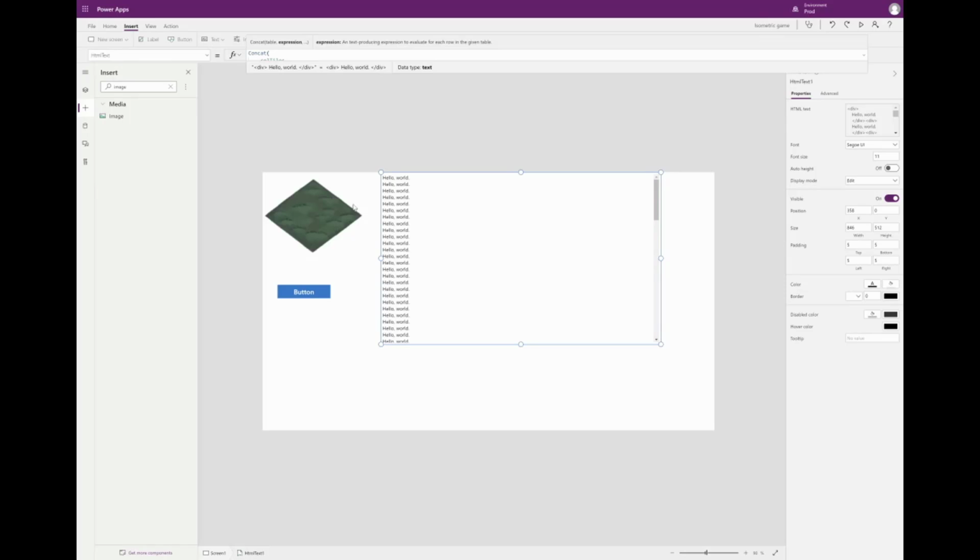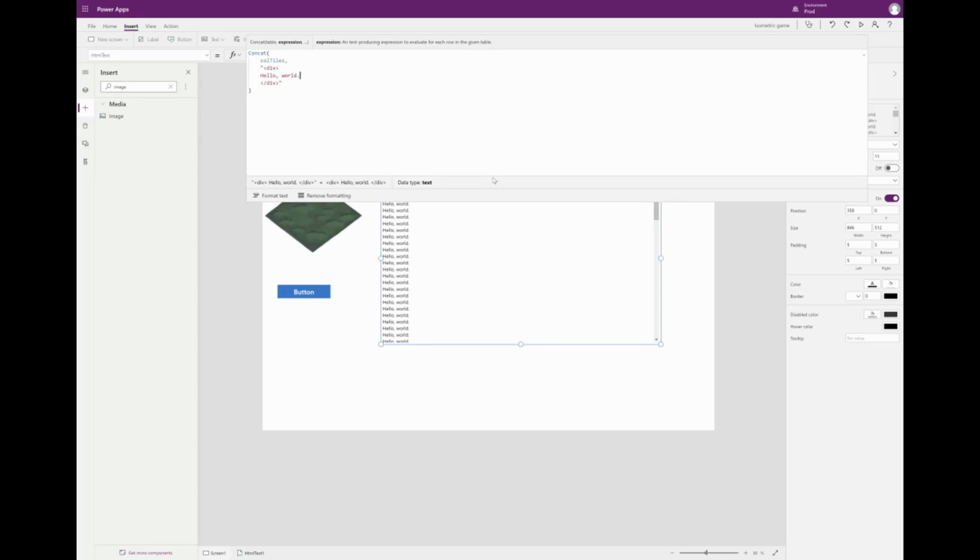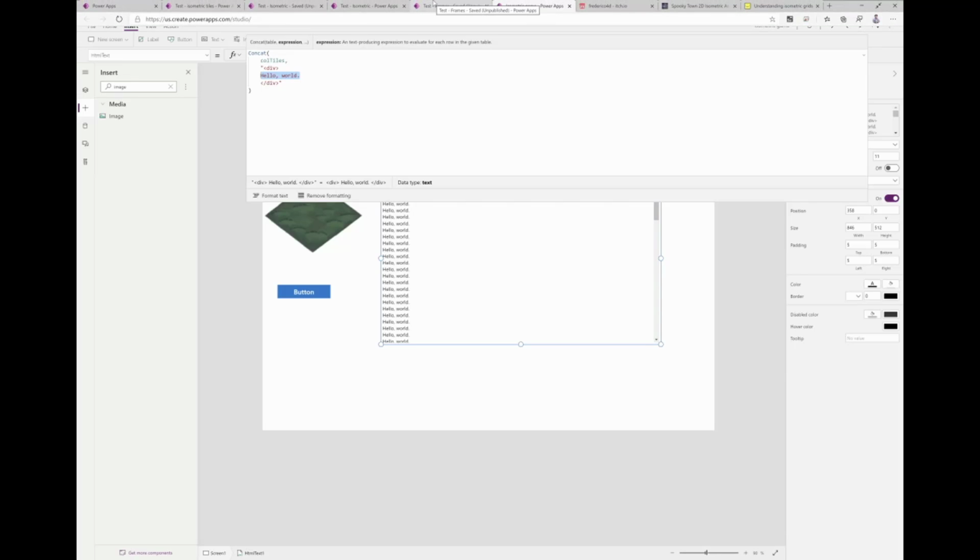So a couple things here that you may be thinking of. How do I repeat that tile in the correct spot? How do I do that? We're going to need to know the actual coordinates of where to put it. So a little bit of information here about HTML. Let's go to the finished